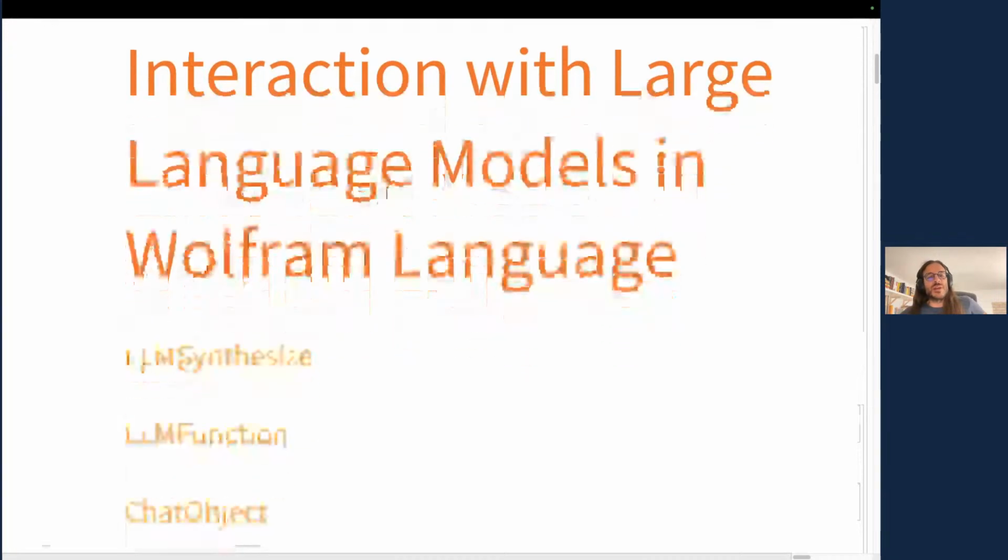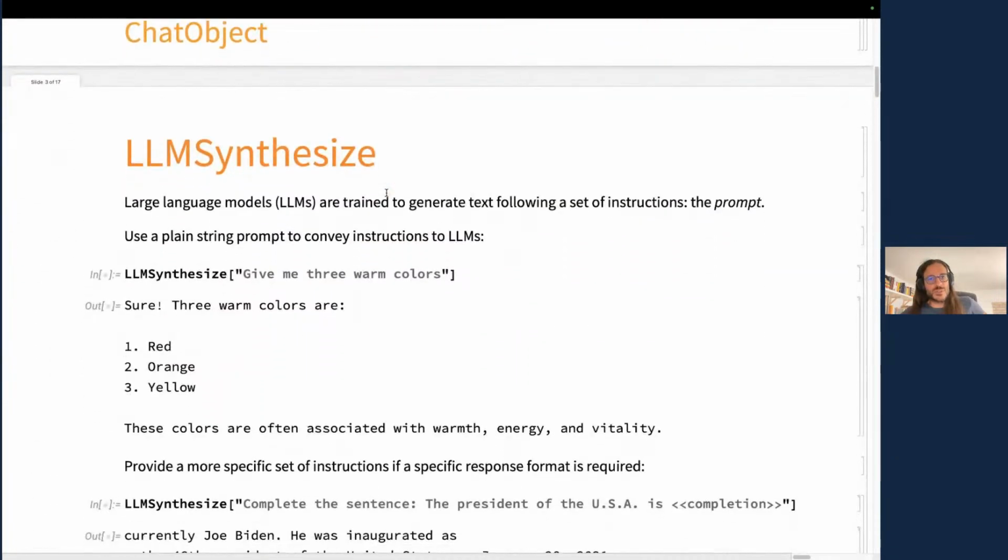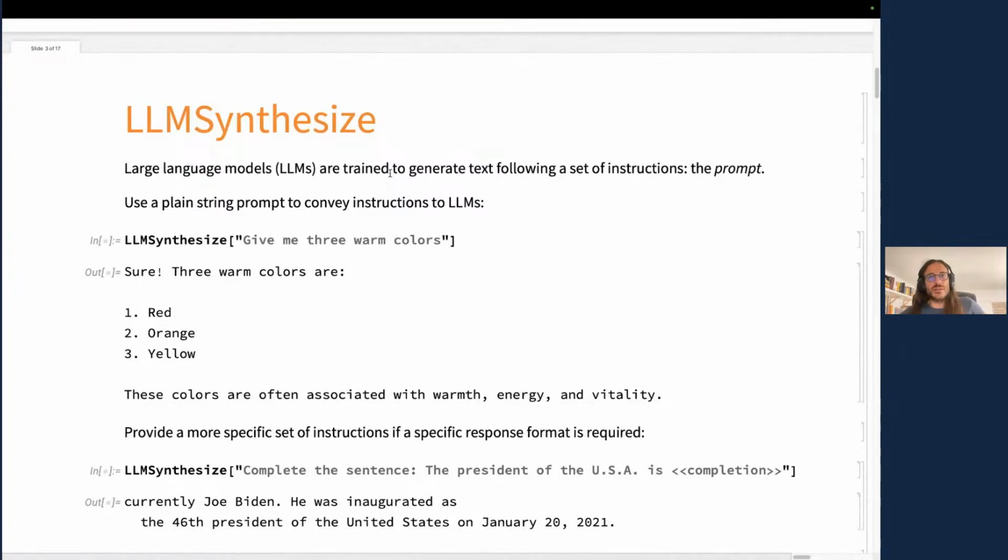Okay, so interaction with LLMs in the language. Since we started supporting LLMs last year, we've been providing a suite of different functions to convey your input to the LLM and gather the output and process the output. The simplest one is LLMSynthesize. So by default, you have to do very little to have this work. For now it still requires that you have at least one account with an external API. But once that is set up, and I did,